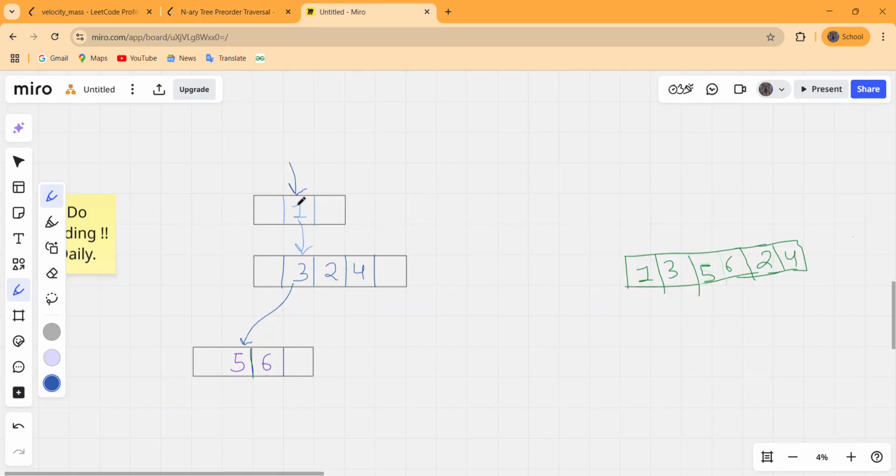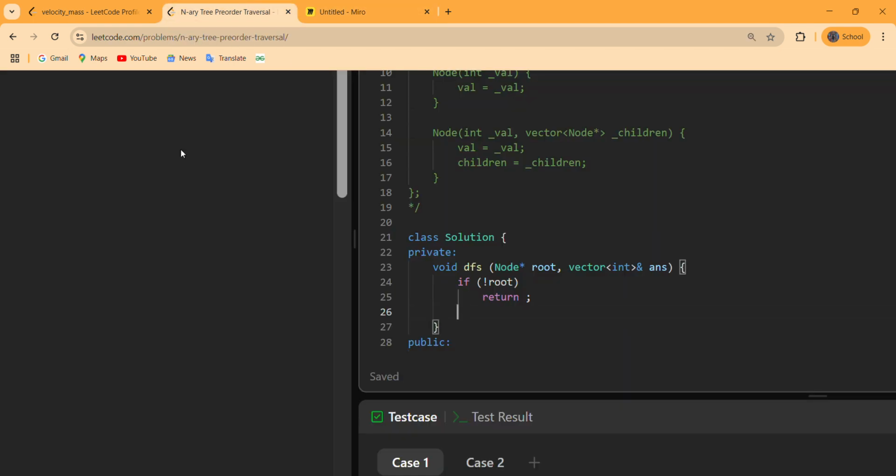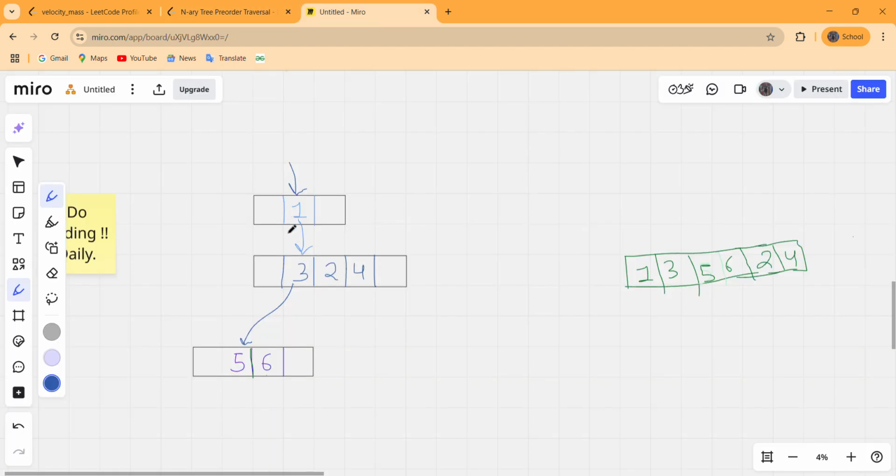And if there is a value present, push the node value, the root value, inside our answer vector.